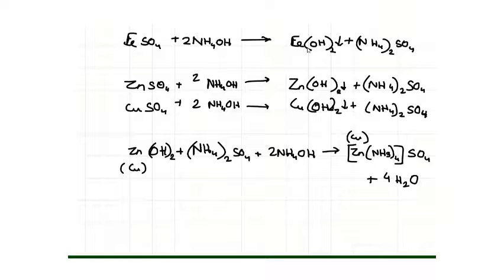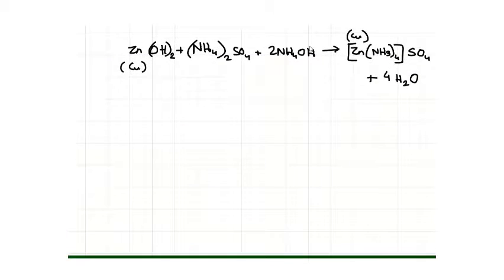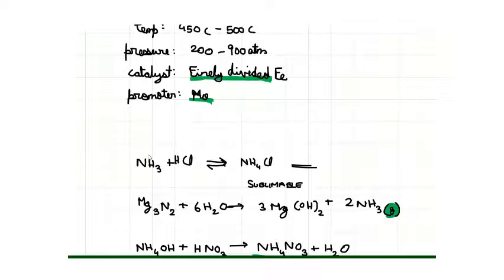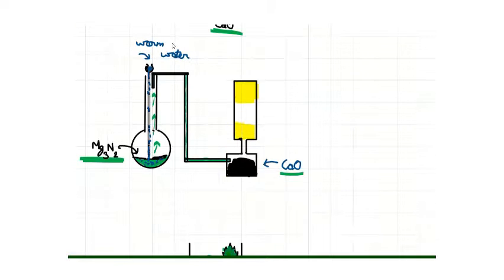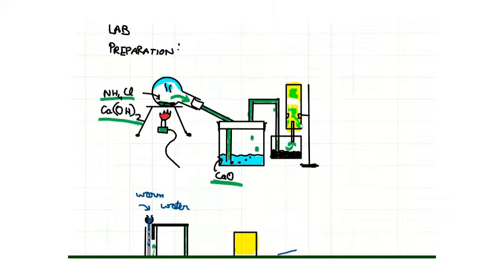Now, there is one more experiment for testing if ammonia is present or not. We took a look at this reaction. NH3 plus HCl gives NH4Cl. Actually, NH4Cl is in the form of a dense white fume. This is why when we dip a glass rod in HCl and bring it near the mouth of this flask, we would get dense white fumes since the ammonia reacts with the HCl to give ammonium chloride. That is one famous test for ammonia.